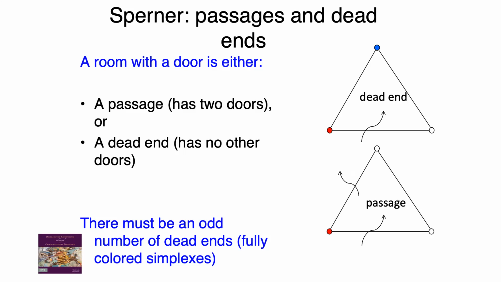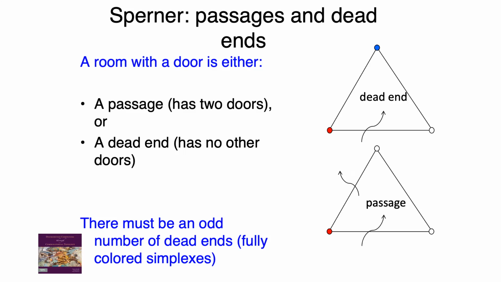Every room you enter has a door because you entered the room. And then there are two choices. Either you end up in a corridor, meaning that there's a passage, another door, and you can go to another room, or you stop there because there are no other doors. So you cannot use the doors you already used. That's the rule. Okay, since there's an odd number of doors entering,